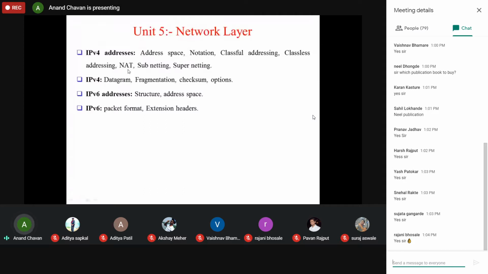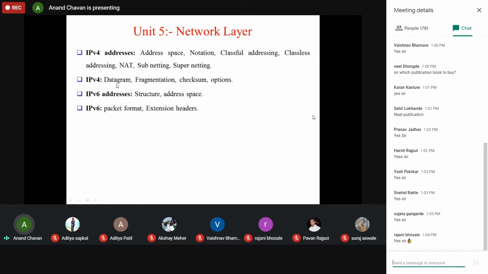We will see this part later when we study the network layer. I am just giving the overview of what we are going to see in this syllabus of computer network. After that, the internet protocol has its own datagram structure. Suppose communication occurs by sending messages or packets. Then the packet or message has its own structure by using internet protocol, and it's a fixed structure called the datagram structure.